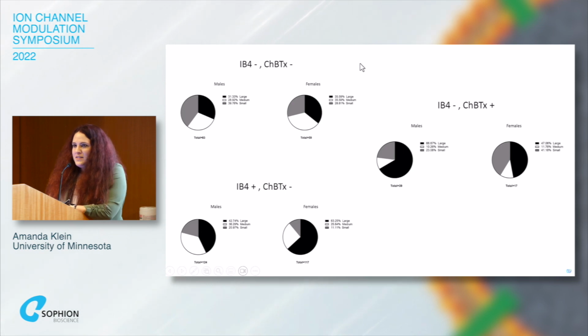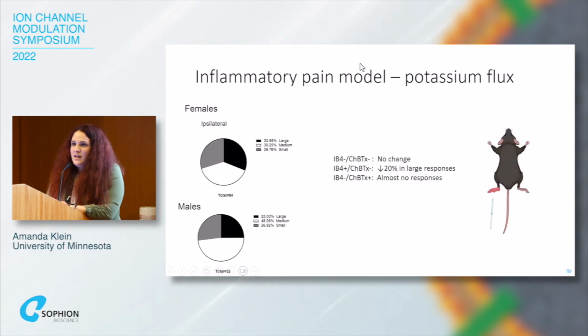But the most surprising data, which probably shouldn't have been surprising if I had been paying attention to any of my previous electrophysiology or behavioral experiments, was the cholera toxin B positive subset of neurons. Over half, and sometimes 2/3 of these neurons had a large potassium response. So basically that indicates to us that KATP channel signaling may be important not only for C fibers, but also for myelinated fibers as well.